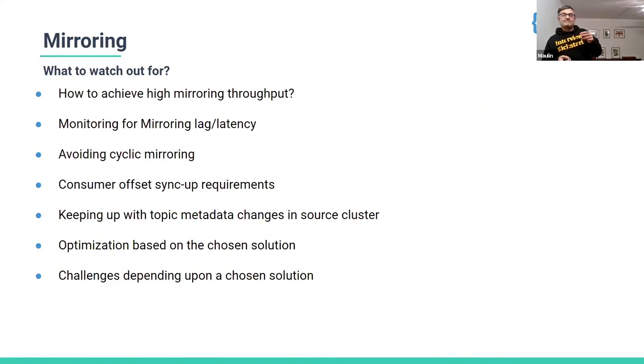The other part is, there is some topic metadata like retention and partition count. So when you mirror the source cluster, if you change the retention, does it mean you have to change the target one? If you change the number of partitions on source, do you want to change the target also? If you want to keep them in sync, then you need to think about it. Depending upon any solution you use, these are the things you should keep in mind and see how it works. Most of the solutions have one way or another to achieve these things, except legacy Mirror Maker, which has a lot of challenges. It doesn't have a lot of these features.